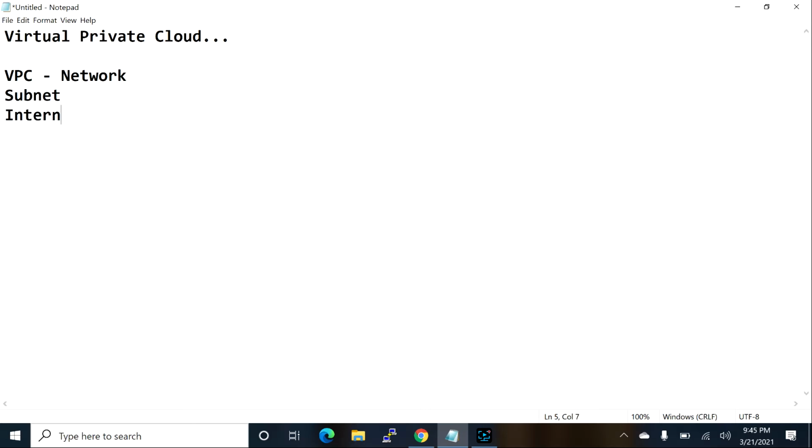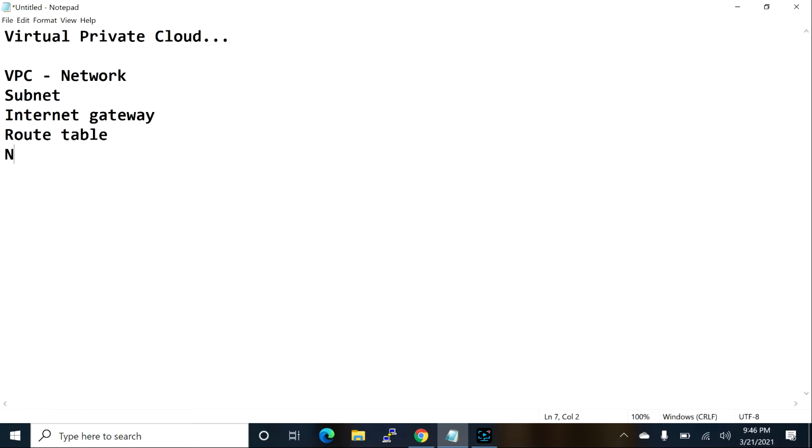Then the internet gateway. If you want to allow other networks to reach the AWS network, we require the internet gateway. Then the route table. The route table will define who can communicate inside.